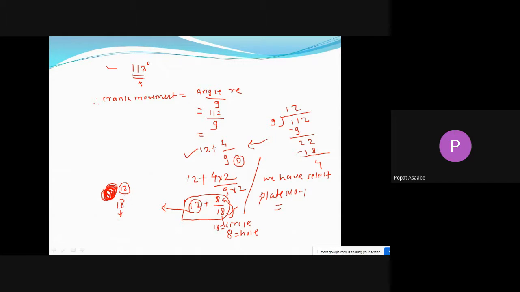First we have to take those 12 revolutions, then select the 18 number circle, and in that circle select the 8 number hole and insert the crank pin. During this whole rotation, your workpiece will be rotated by this degree. In this manner we can perform the angular indexing. Okay, understood?